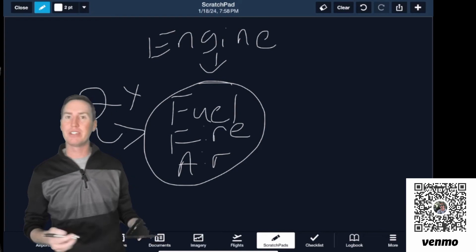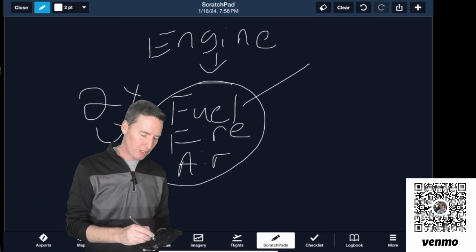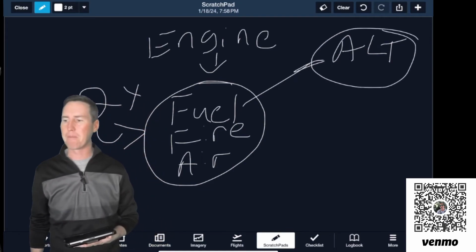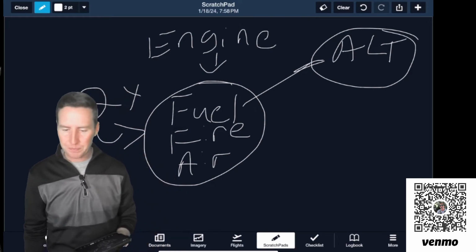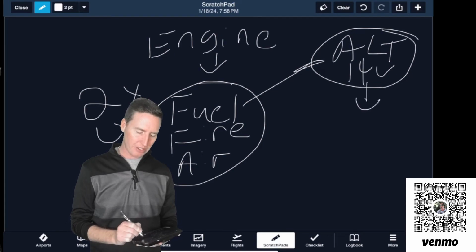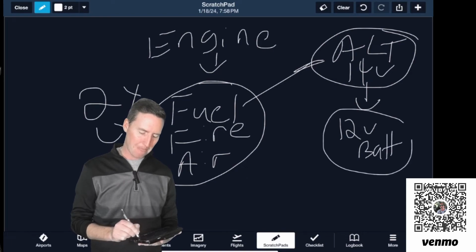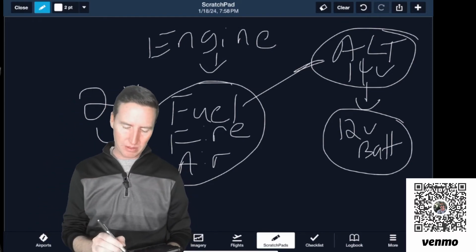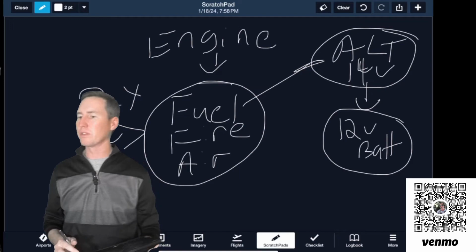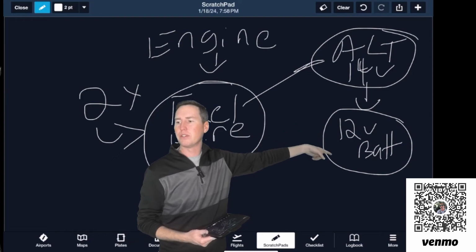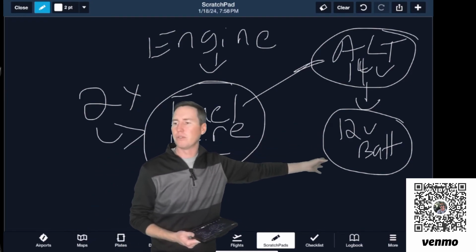But attached to this engine is other stuff too. All right. So also attached to this engine would be an alternator. So this is our electrical system. Okay. So this alternator is a 14-volt alternator, and it provides a charge to a 12-volt battery. Okay. Now, 60 amp alternator, 14 volts, provides the charge to the 12-volt battery. This is kind of like water. So you got the higher voltage here flowing to the lower voltage here, meaning it's going to keep this battery